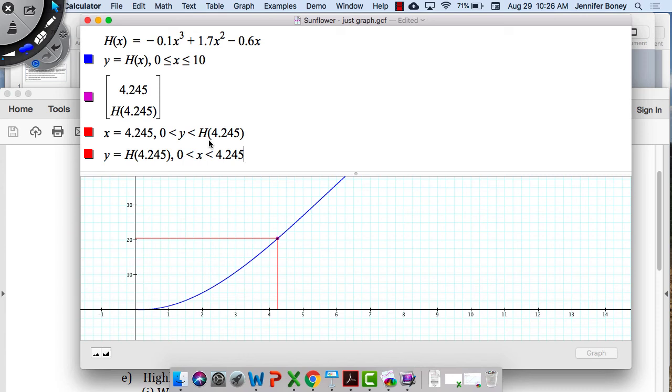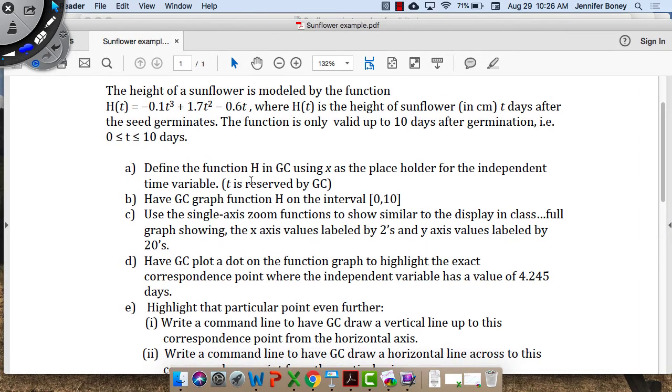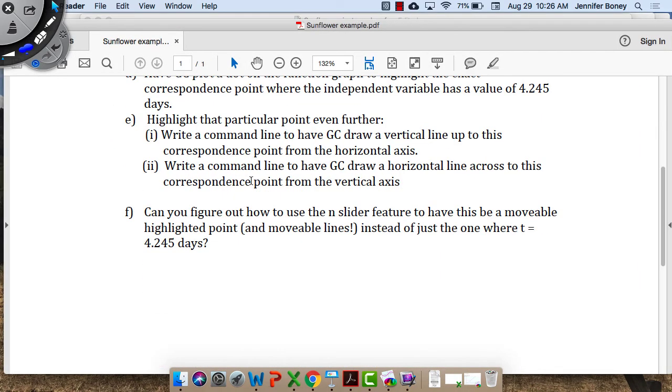So we've done most of the parts of this activity. There's one more part on here that's just kind of vague that says, can you figure out how to use the N slider feature to have a movable highlighted point and movable line segments instead of just the one that we did? So that would be a yes or no question. Can you figure it out? But